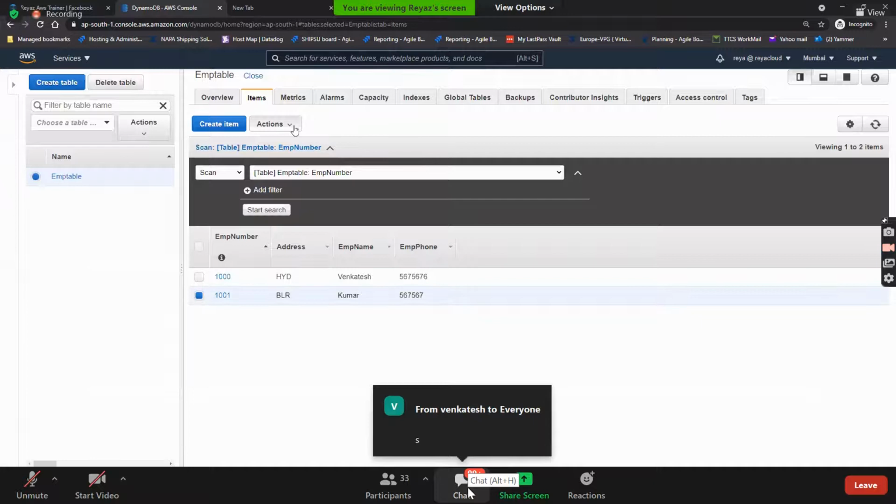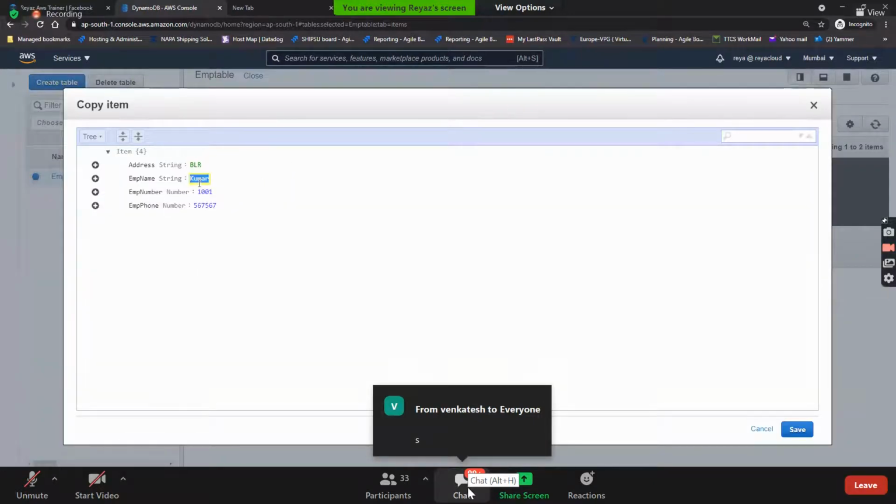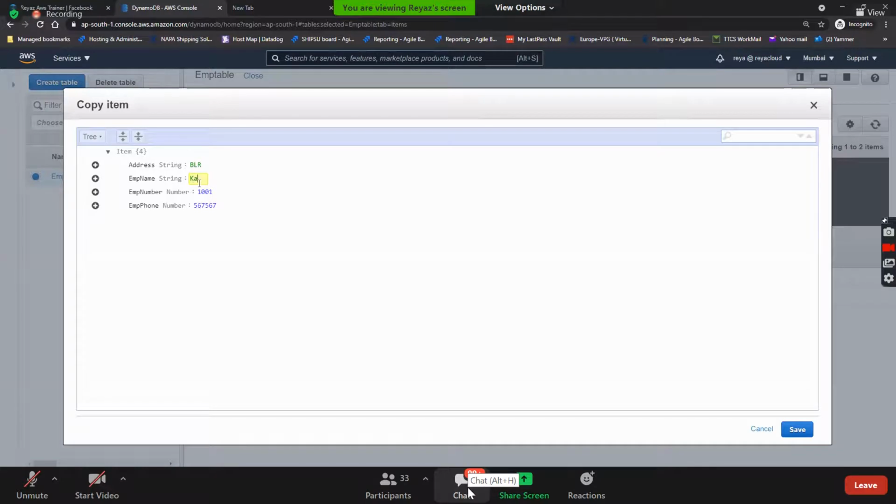I can duplicate another one, and I call it Kalyani, and she's from Delhi, maybe. And here I'll put 2 and some random number, and I can add a column also now, and I call it department, and she's from AWS, something.